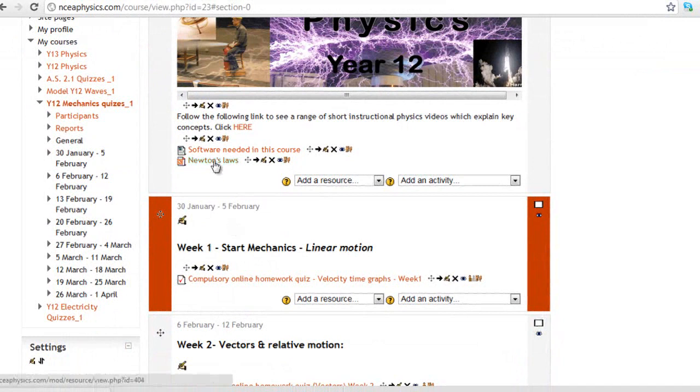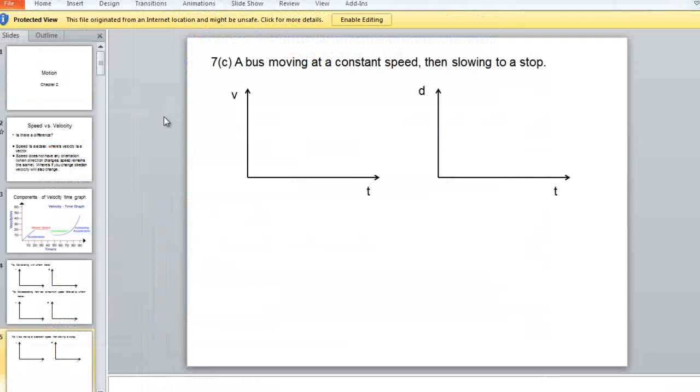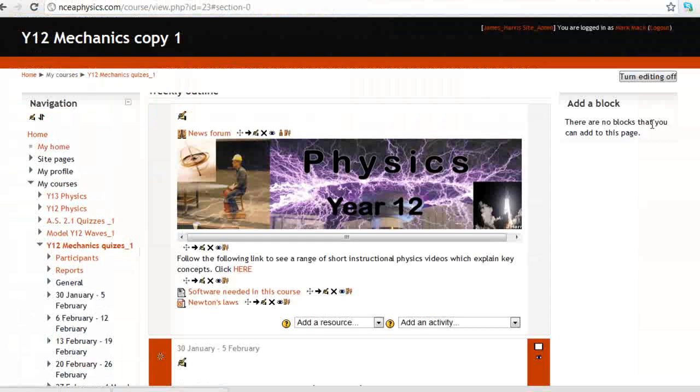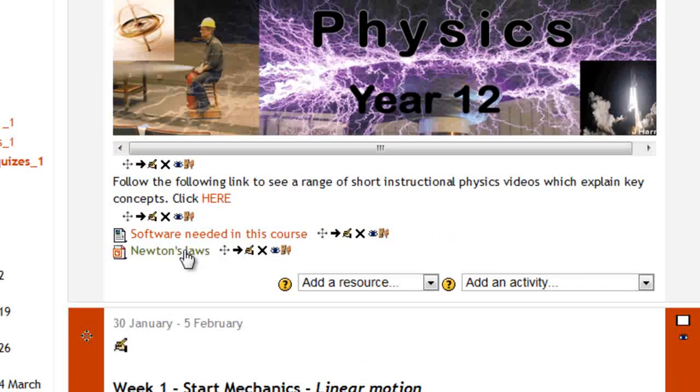And there it is, Newton's Laws. We can click it, and it opens up as a PowerPoint. So there you go, just a pretty average Newton's Laws PowerPoint. If we exit out of that, and we come back to the page, say I didn't actually want that,